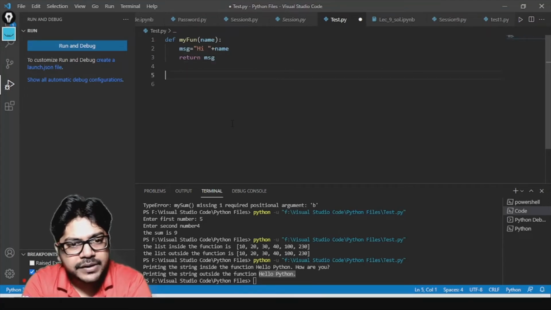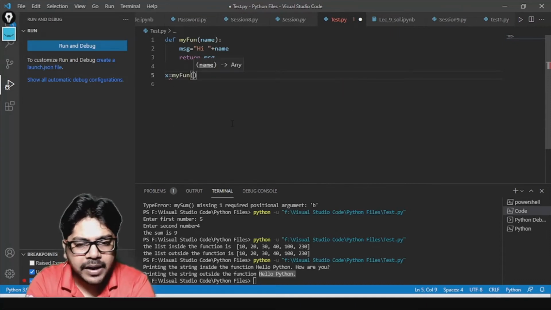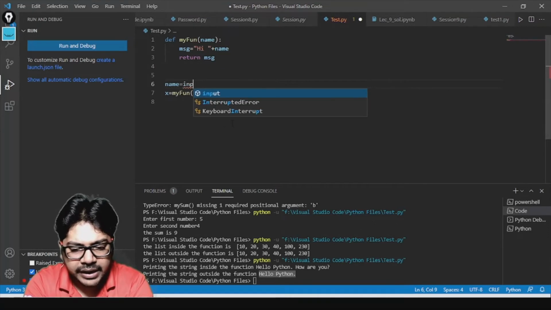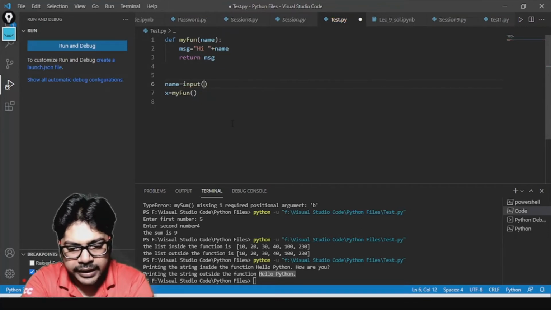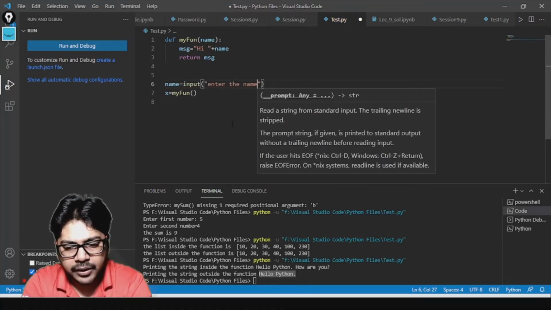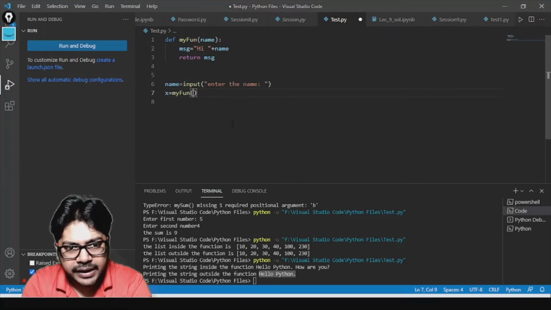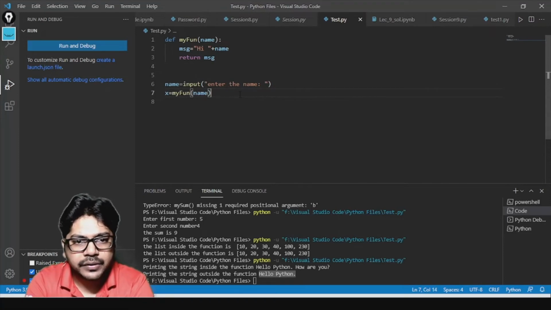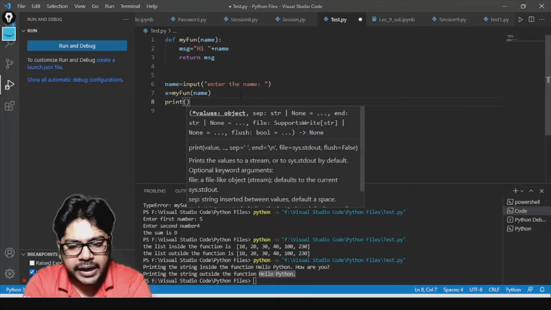Since my function is returning a message, I'll create a variable x and call this function myfun. Before that, I'll create another variable called name, and I'll take the input from the user: input, enter the name. This name where I have taken the user input, I'll pass it here. And now I'm going to print x.